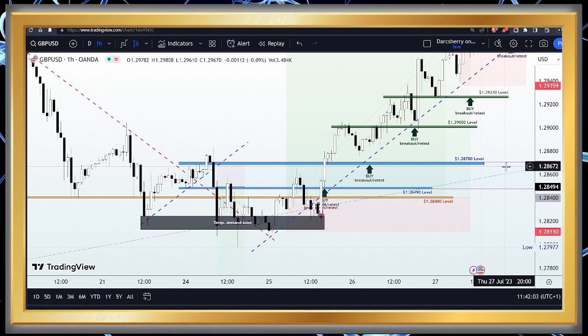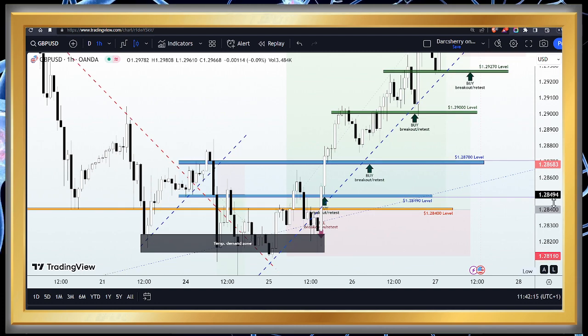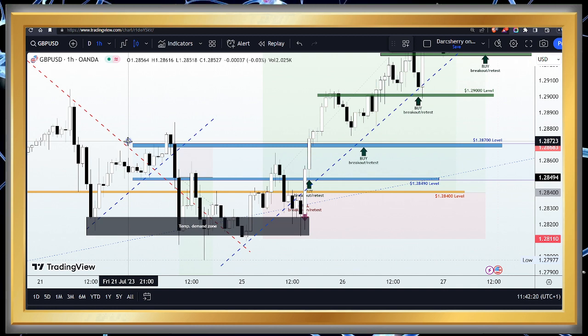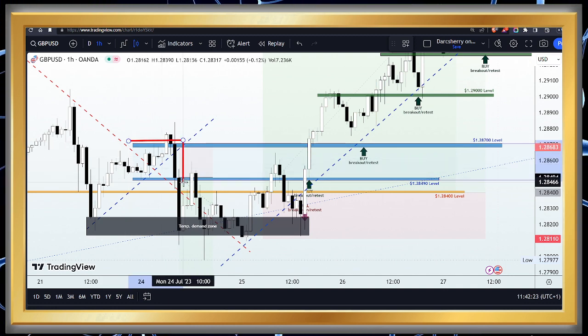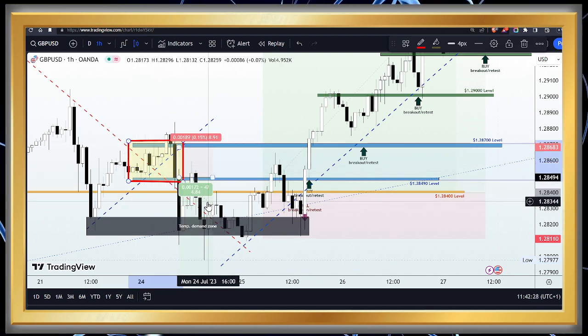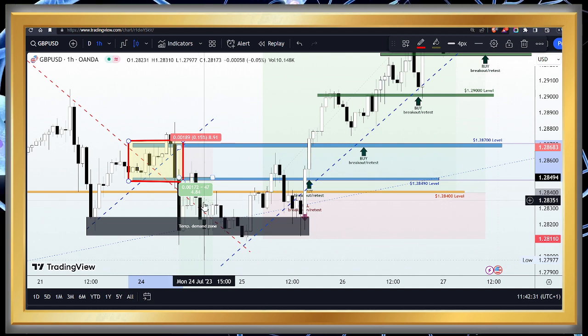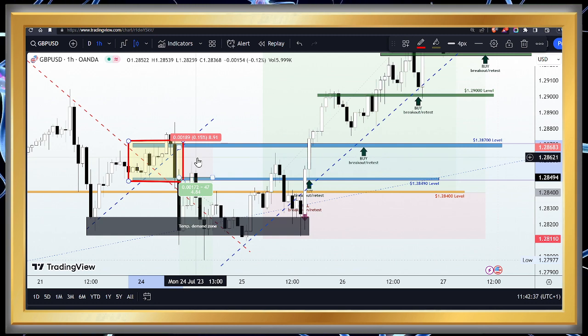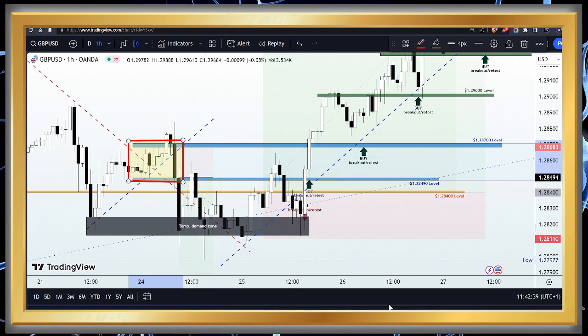And of course, you can use the information as an educational guide into understanding how to use price action to identify trading opportunities. So at the beginning of the week here, we had this range which was situated between the 1.287 and of course the 1.2849, where price action was confined at least for the first 10 to 12 hours, giving us a clue into the level of indecision at that point in time. And you know how we do it in this community. When price action falls into such a flat channel, we want to wait for either a breakout or breakdown of that range for an opportunity to trade.